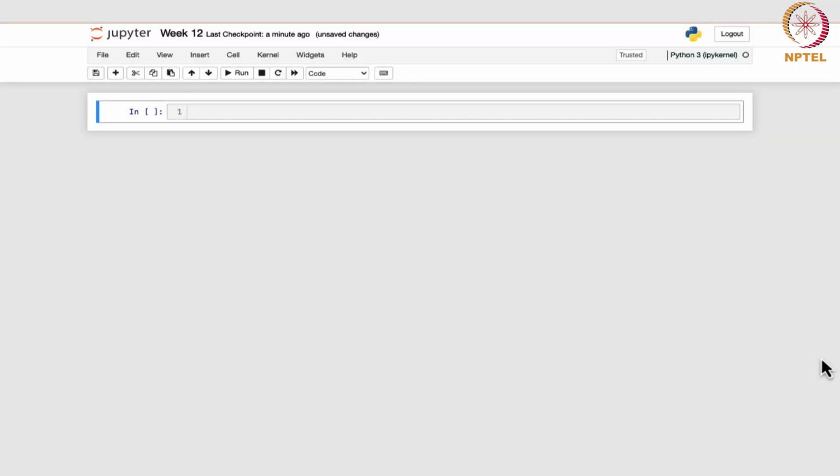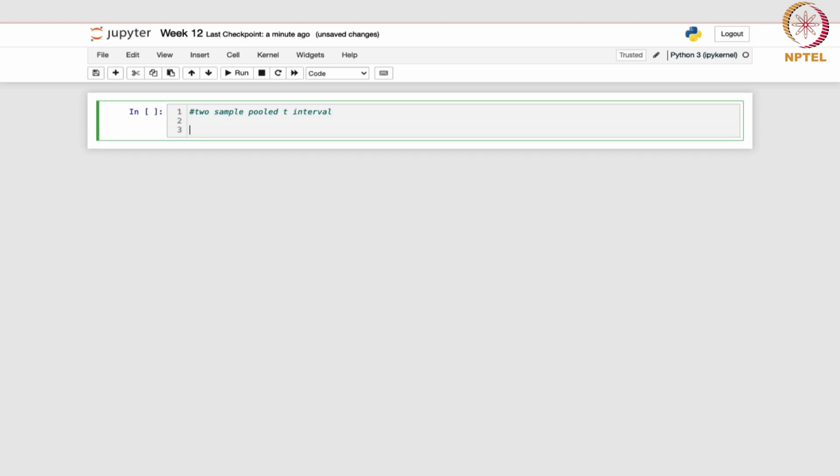Now we are going to see the two sample confidence intervals using Python, and the first one over here would be the two sample pooled t interval. So let me just mention that two sample pooled t interval. In this case, if you can recall, we have a random sample coming from normal distribution